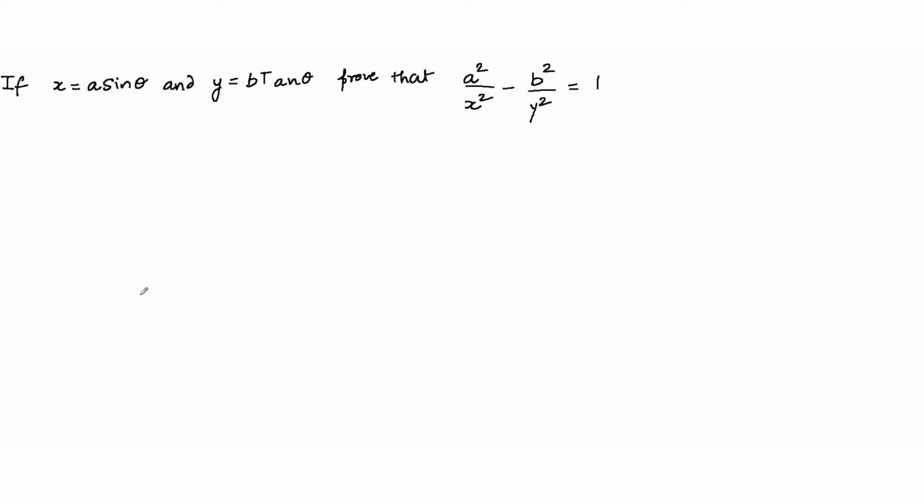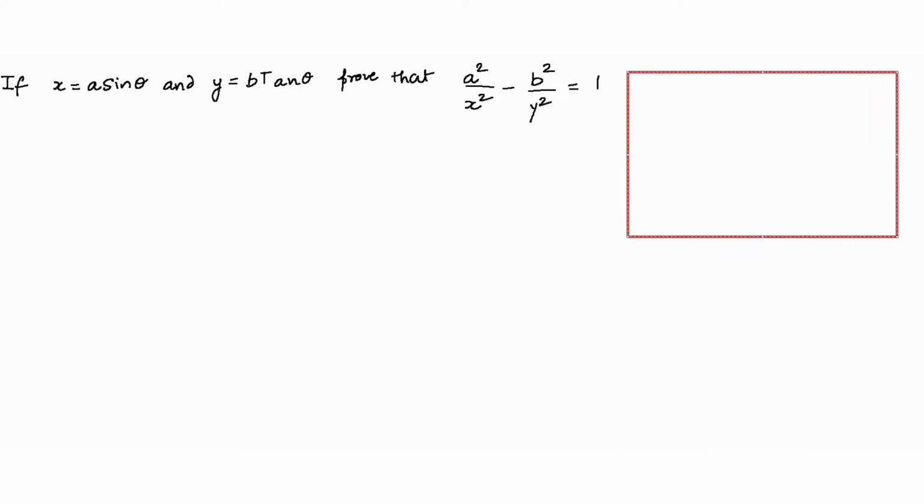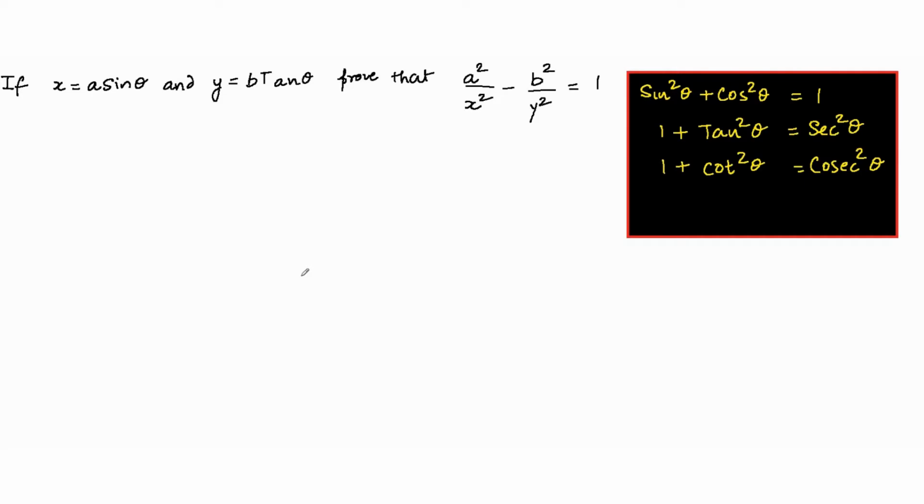So in this segment, we are going to solve a few questions based on trigonometry. Let us remind ourselves of the basic trigonometric identities that we have learned so far. Let us summarize that in a table over here. So we have learned that sine square plus cos square is 1, 1 plus tan square is sec square, and 1 plus cot square is cosec square. Now using these identities, we are going to solve a few questions today.